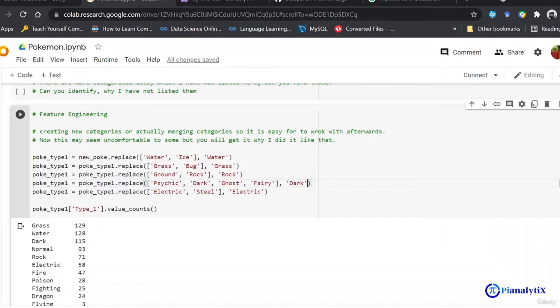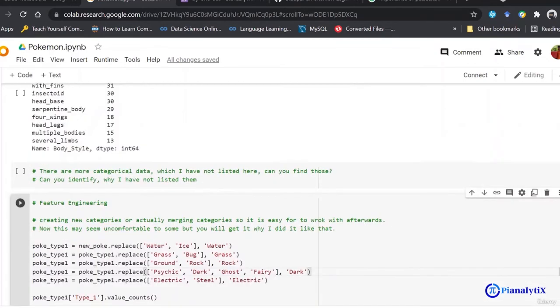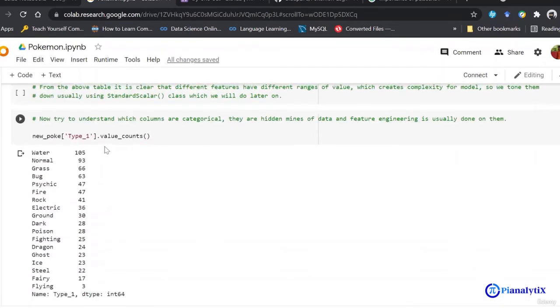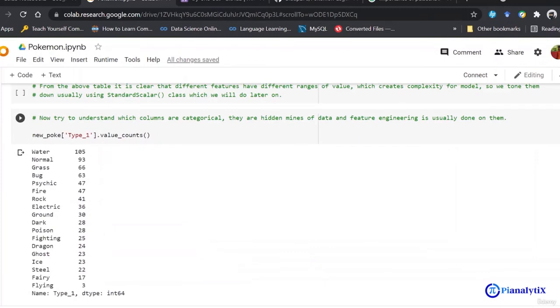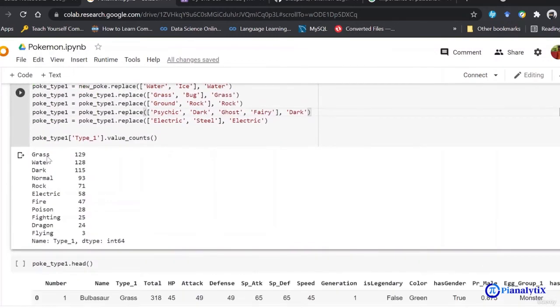And then you would understand why I'm trying to crunch all of these categories into a smaller range of categories. So now you can see that before we had a lot of categories, and now the number of categories has decreased, which was my motive.